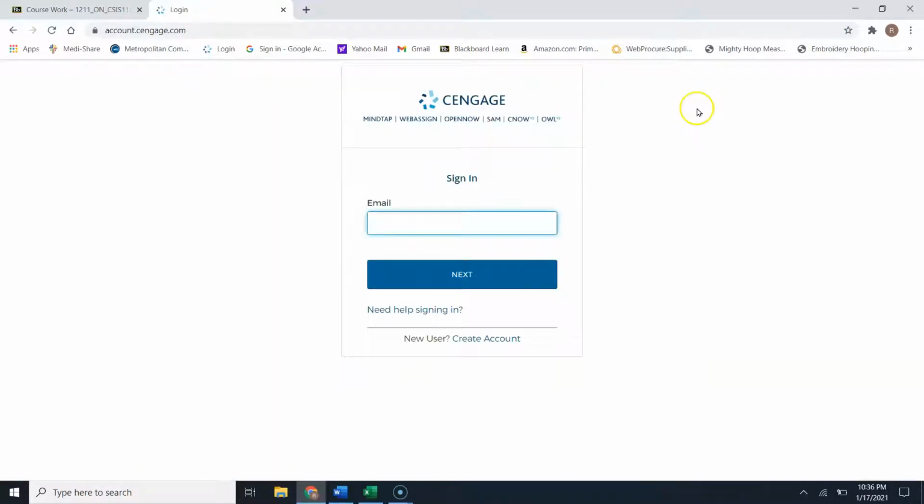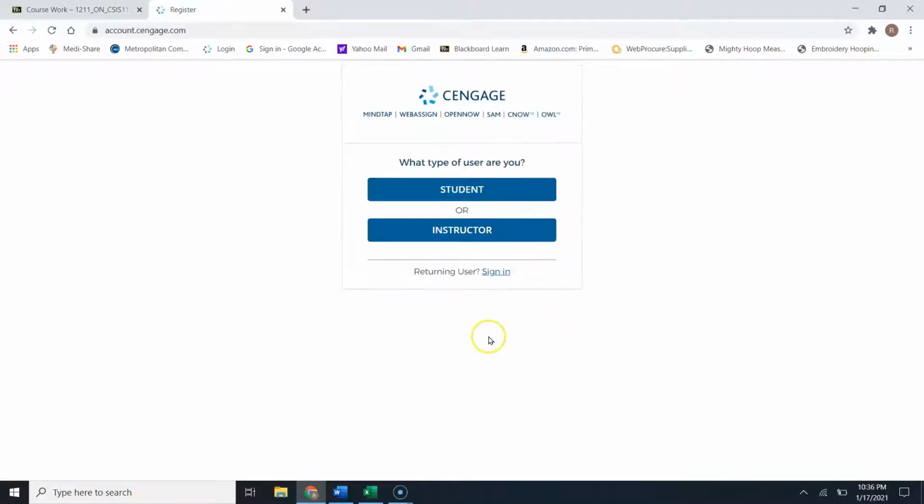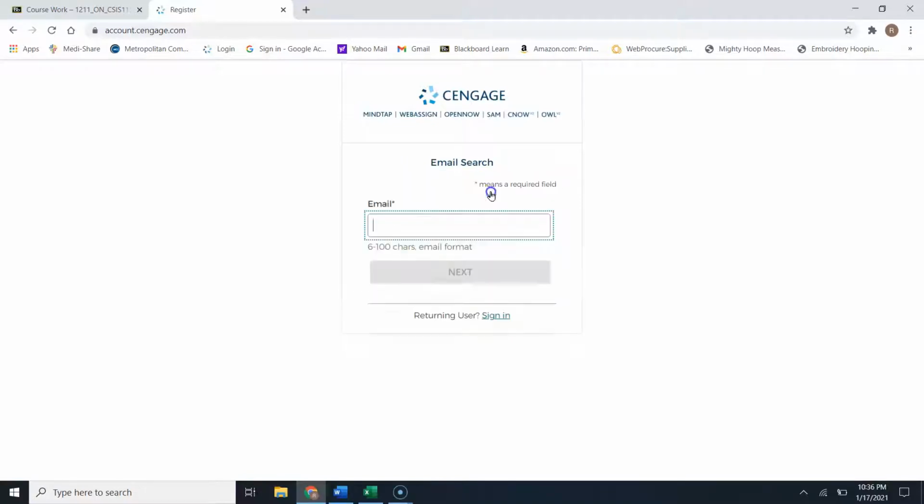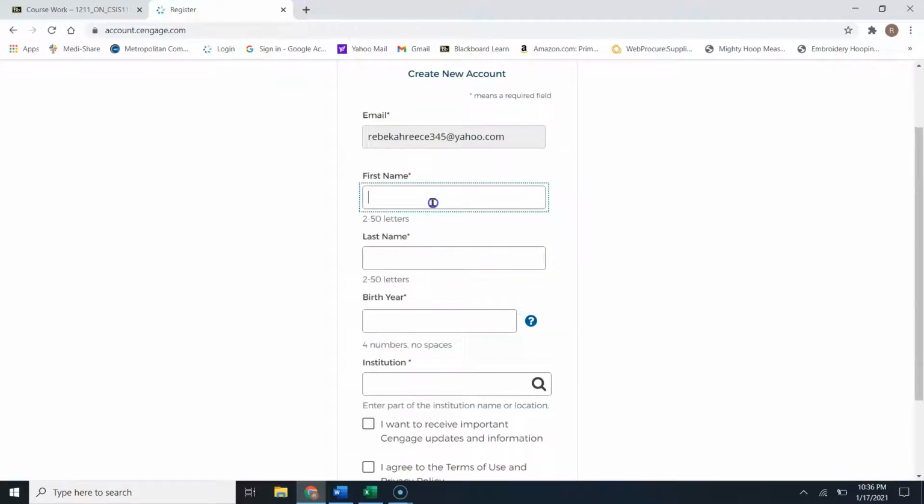If it doesn't bring you to that screen, it will bring you to this screen, where you will click Create Account. That is underneath where others will sign in that already have their login information. So we'll click Create Account. You will be a student, and we will put our email address in. Then we will have to fill out the information that it's asking for, first and last name,